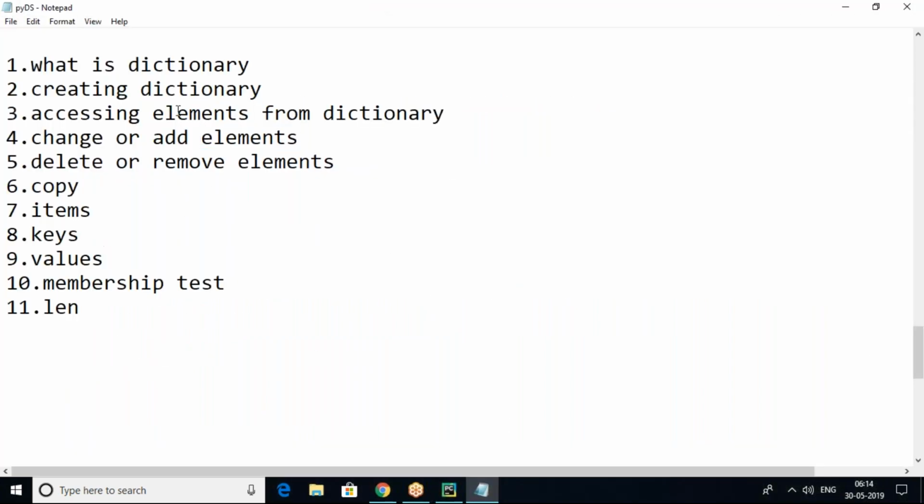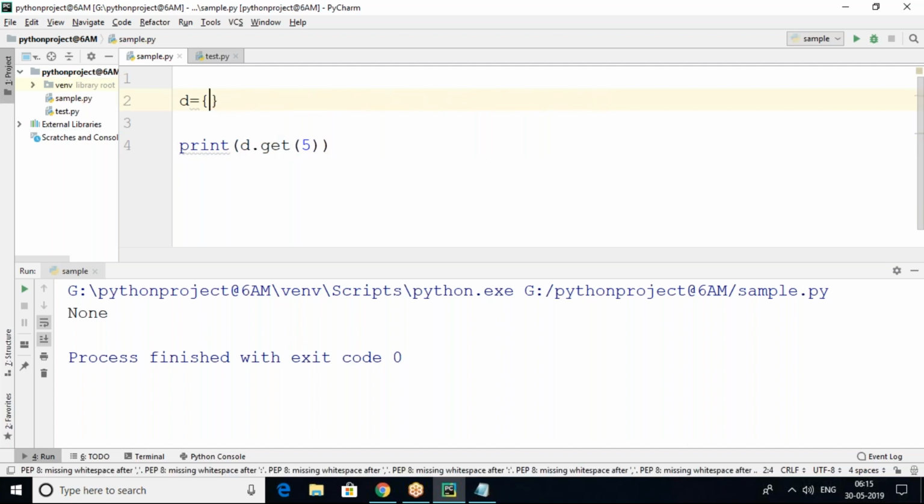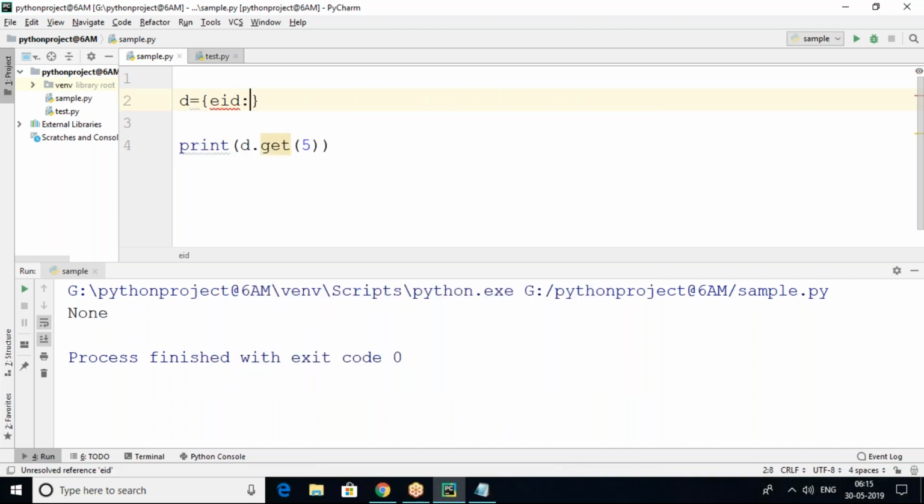Next, change or add elements. I want to modify the dictionary elements. How is it possible? Simple. You can see this is my dictionary: EID, employee ID, 1, 2, 3. Employee ID is a string, EID, 1, 2, 3.